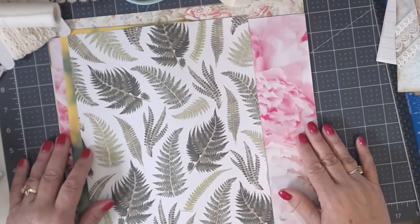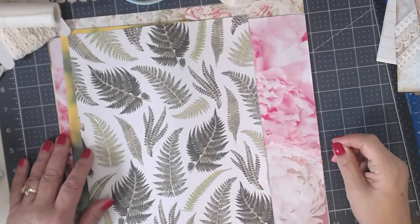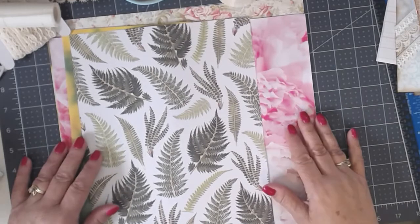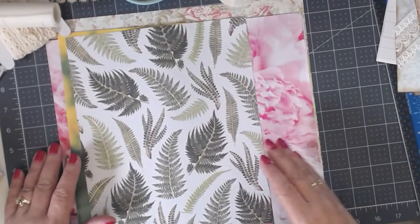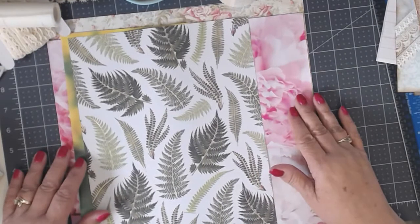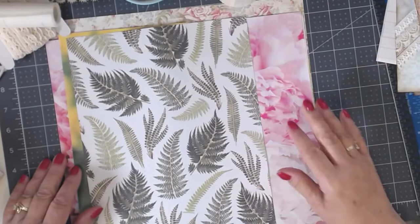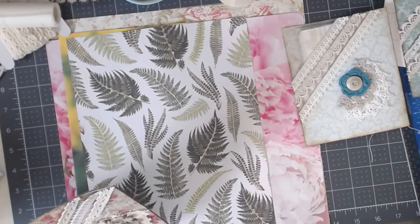We are going to make the pocket that I made yesterday, and then I showed it on Maddie's Live on Tuesday. And so I told everyone I would do a tutorial on how to do this pocket. This is something that I came up with. I'm not saying it's not out there, but I was just sitting here folding papers and coming up with different ideas. So let me show you some quick,